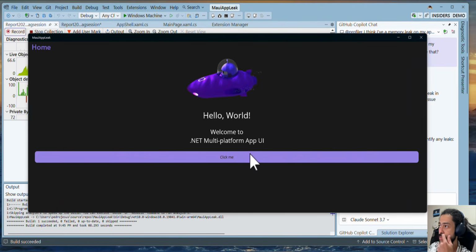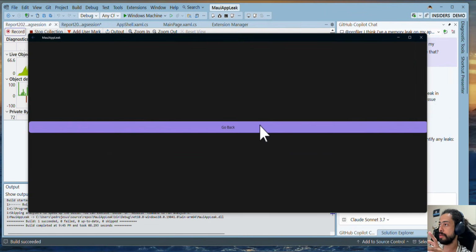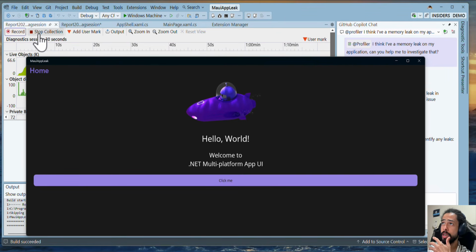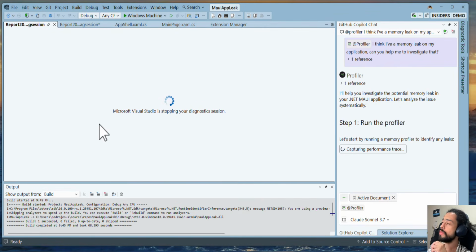That way it will be useful. And I can either close this application or click here on stop collection in order to finish that profile session and compress the data. And while it is indexing that data and the Copilot will read it and grab me some information about that,